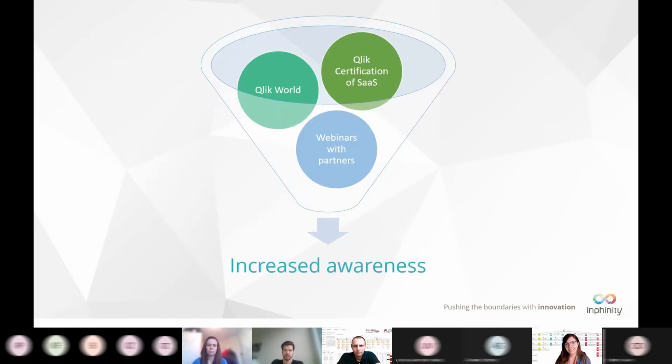Yeah, and the increased awareness here, I mentioned already, Martin did as well. I think Qlik certification of SaaS is something that we were speaking to Qlik about. We've heard from some people it would be great, as a lot of people have security concerns. So this is something that we believe is possible in a relatively short horizon.